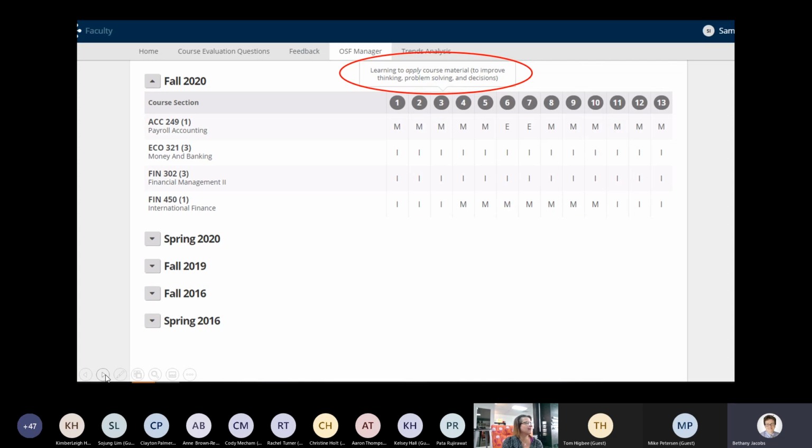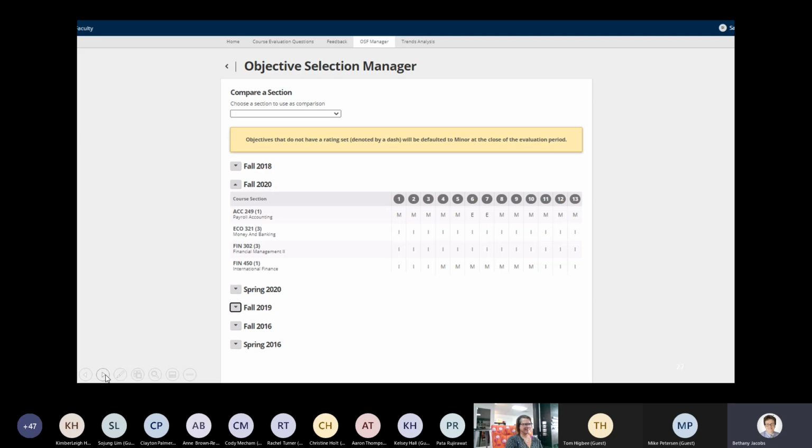You can do it all in one window. In addition to the benefits of that, you have the ability to actually compare individual section responses to past sections. So let's say I know that this fall I'm going to be teaching Accounting 249. And I know that I taught it back in fall 2018, but that was a different world. I have no idea what selections I made,